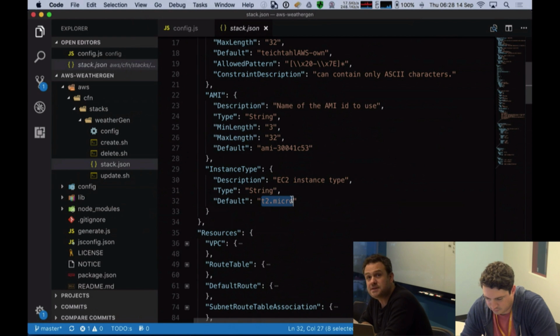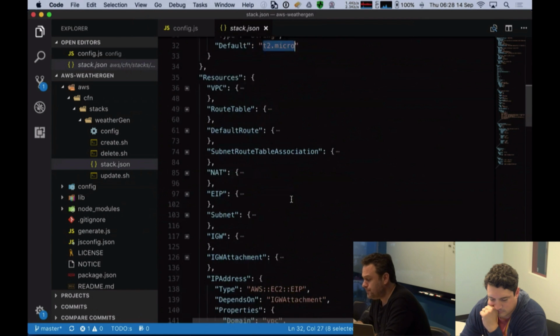It's a burstable instance, and because we're not very CPU heavy and we don't need an incredible amount of CPU, we just want to stream out some basic data. T2 micro is a great choice, very, very cost effective. I think these end up, if you're running these, they work out to be a few dollars a month to run. So that's just a great instance type.